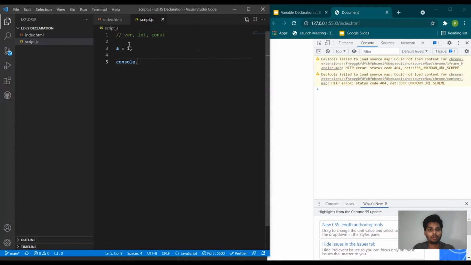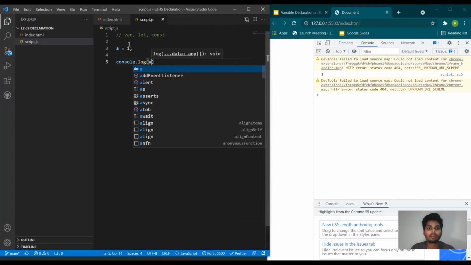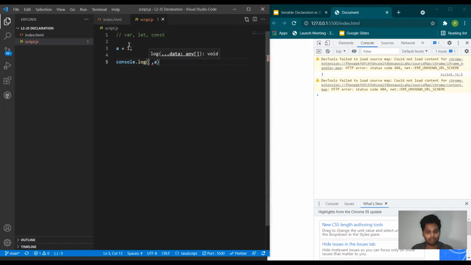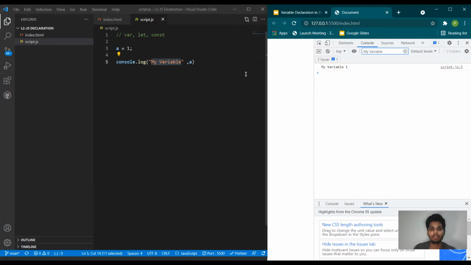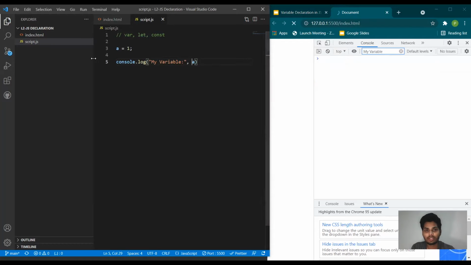Then I'm going to console that variable a, and just for search purposes, I'm going to write something in here so that I can filter my results. I'm going to copy it and filter my results so that only what I have written comes up in my UI. As you can see, my value of a is coming up here. If I change this, it will be reloaded and the changes will be live.